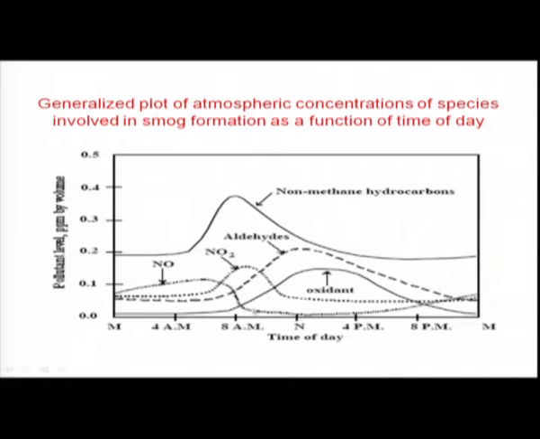After 8 o'clock, when sunlight comes, you can see more formation of NO2, aldehyde and oxidant taking place. This is because the hydrocarbon emitted undergoes photochemical reaction, and the nitrogen species also react, and initially aldehyde is formed and also oxidant. The oxidant formation, that is the PAN compounds, is all happening. This is all prevalent at noon time, where you can see maximum concentration after the sunlight appears. The oxidant concentration is very high, similarly aldehyde concentration is also very high at noon time because of the sunlight,